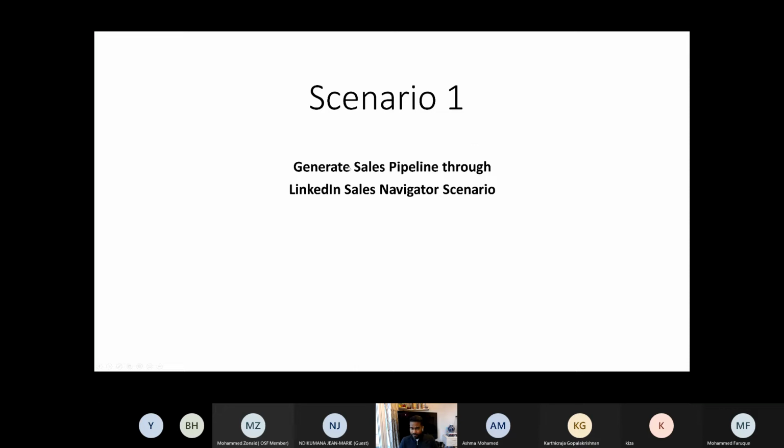Generating a sales pipeline. So what does generating a sales pipeline mean? In the case of Buckchicks, if let's say some 100 people say that we will buy this, then we have generated 100 multiplied by her product price, which is around $120 or something. So we have developed around $126,000 in revenue for her. So that's what we are trying to do.